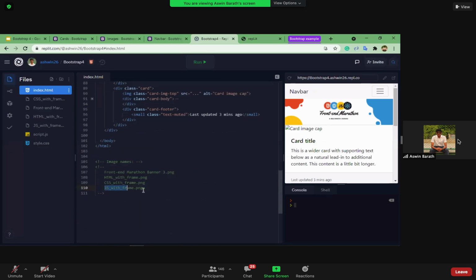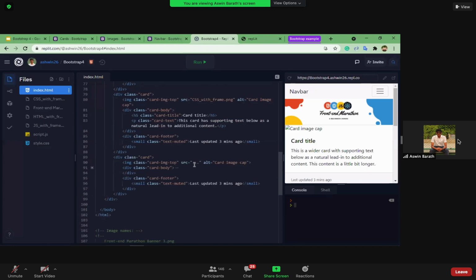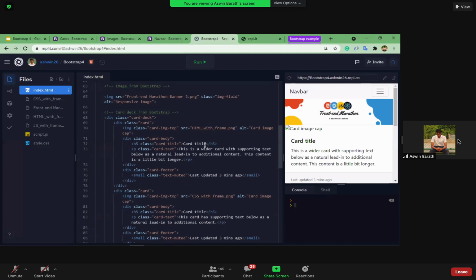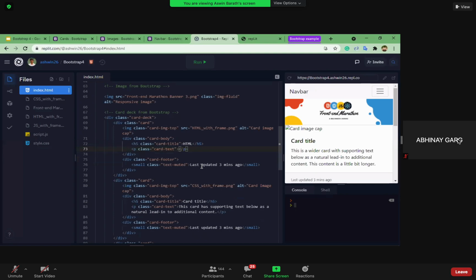Let's also add some content along with this image over here. Instead of the placeholder, let's put HTML. So can anyone say what HTML stands for? What is the full form? Hypertext Markup Protocol. Yes, very good, guys. So it is hypertext markup. I hope everyone got this right in the quiz yesterday.